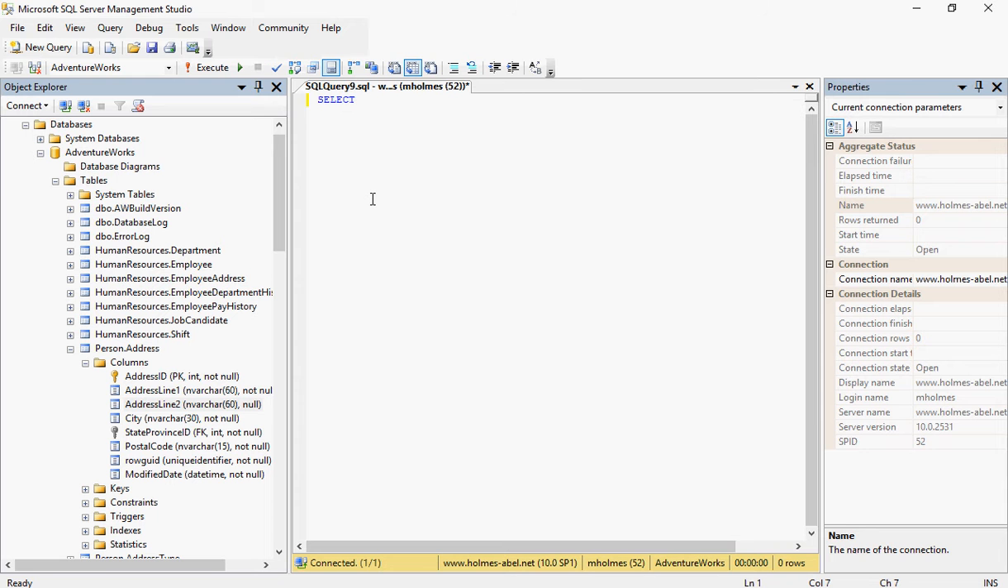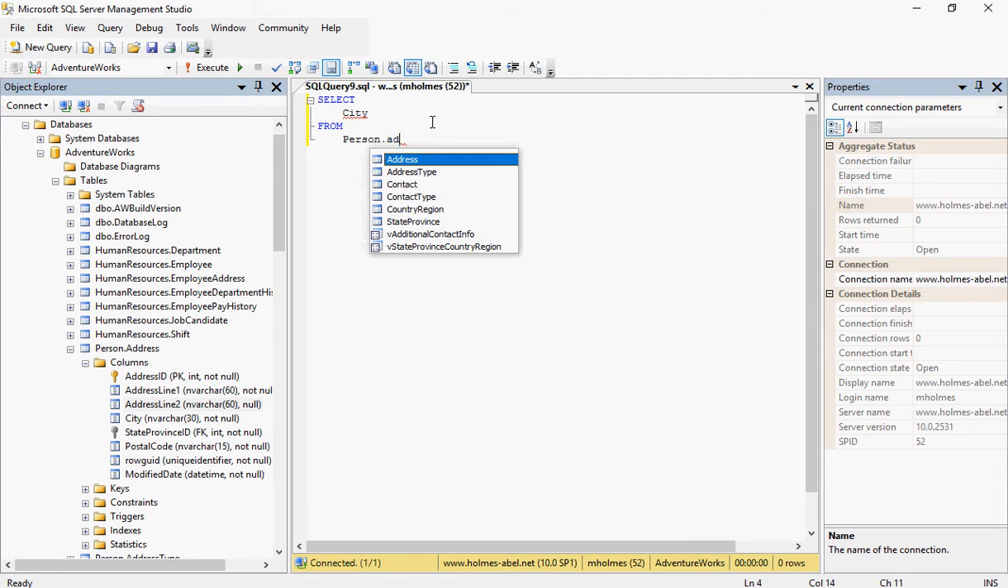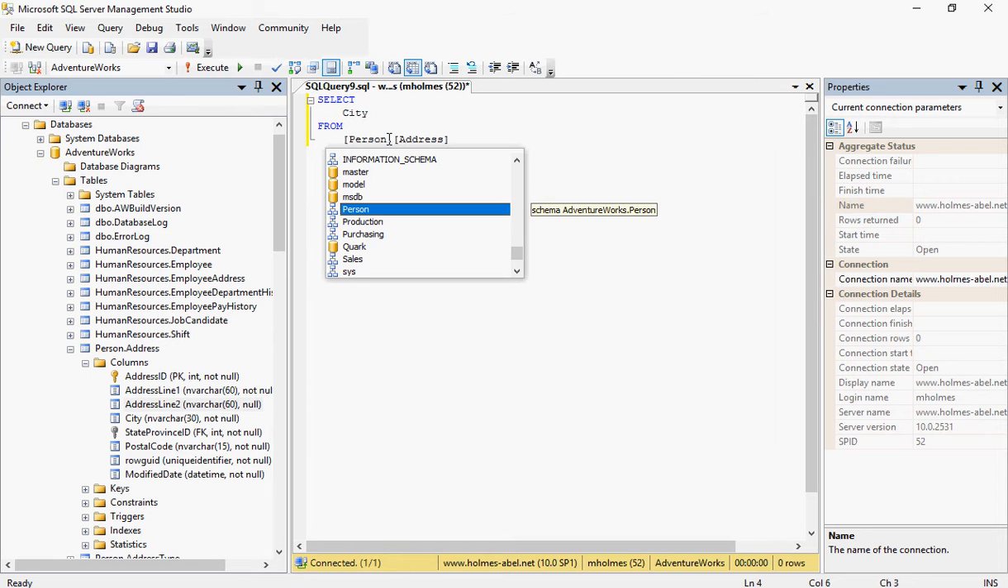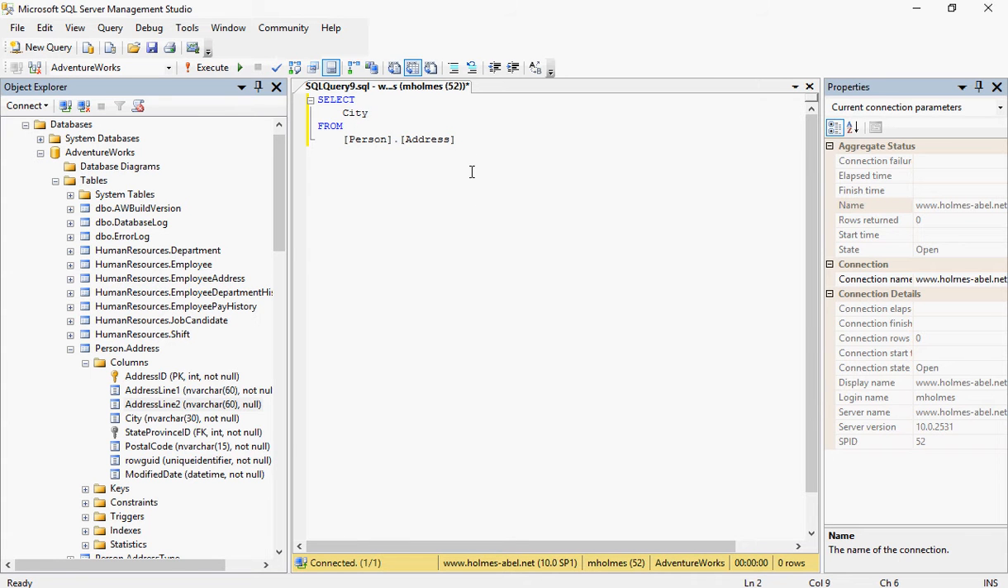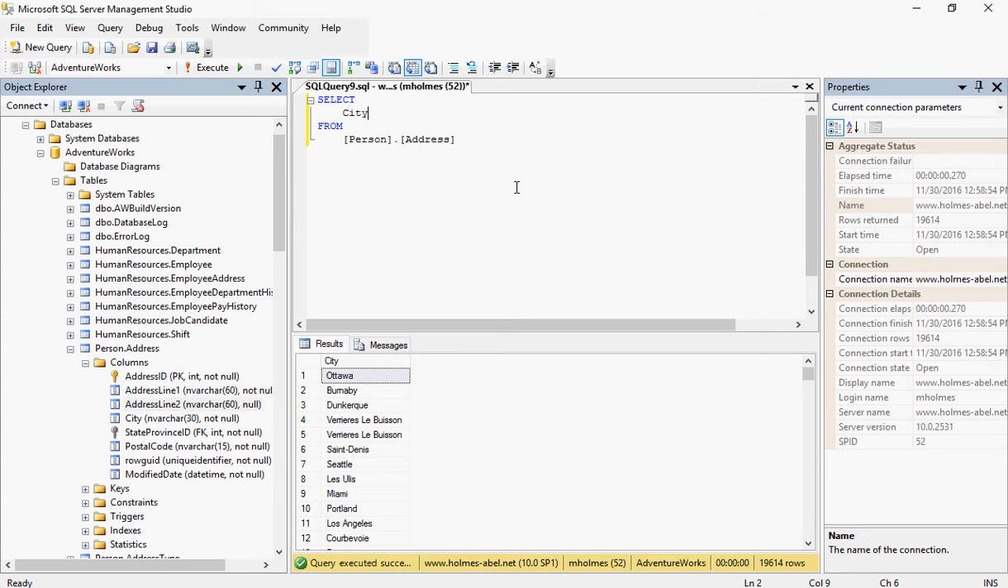So let's just create a general select statement. Let's say select city, and then our database is the person.address. You can choose to put this in brackets if you'd like, that way it ignores that keyword. That's exactly what I'm going to do, but you don't have to if you don't want to. So, what we've done here,